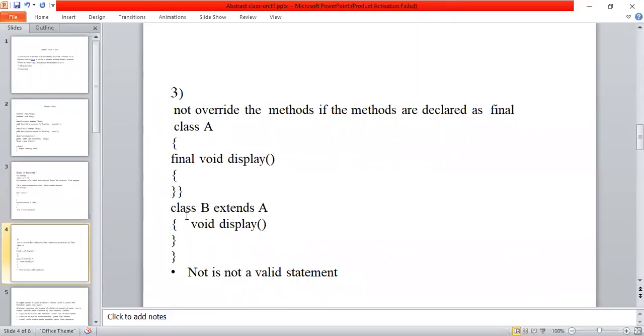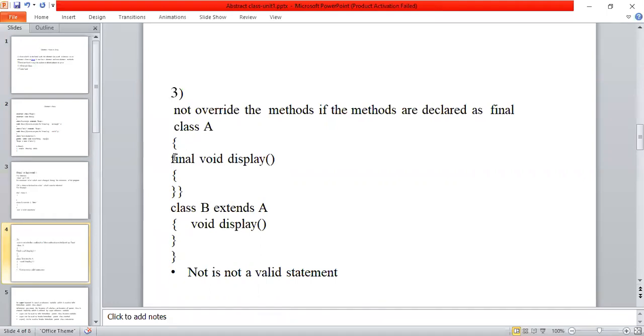So B is derived from A class, and B class also contains a method called display method. In the B class I have a display method, and in the A class also I have a display method. This concept is called method overriding. But the method in the class, here I defined as final type.